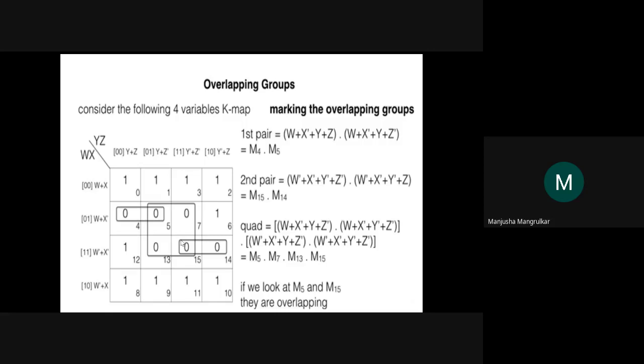But if I'm pairing with this zero, it will reduce the term by 1, right? Which term will reduce? It is a reduction of Z. So what is the function for this pairing? It is W complement plus X complement plus Y complement. Z will not be there. So we can reduce one OR term. Same as it can be overlapped, it can be paired with these zeros also. Same concept that we have applied over here, it will reduce the term, right? W plus X complement plus Y, because Z to Z complement is changing. So we can use the overlap term in this way also, right?